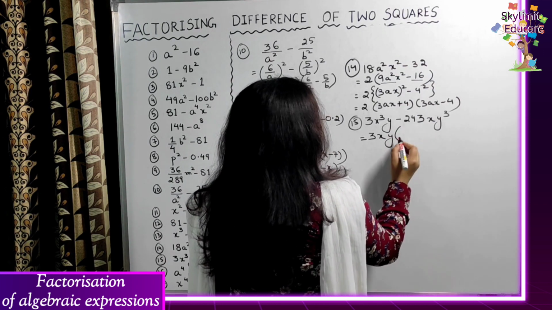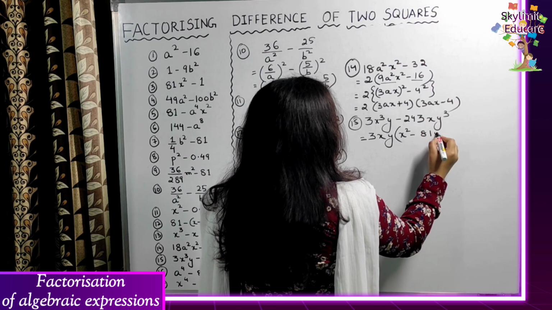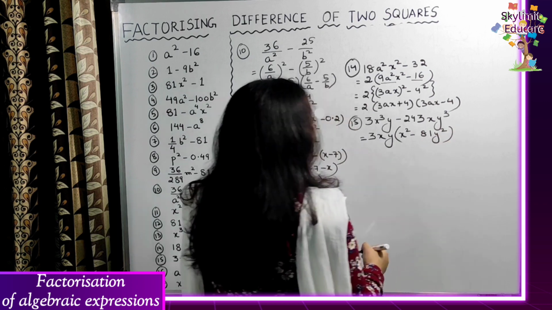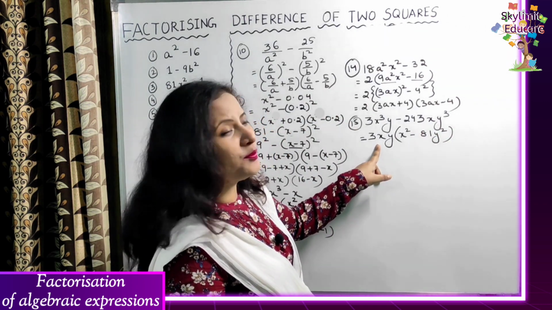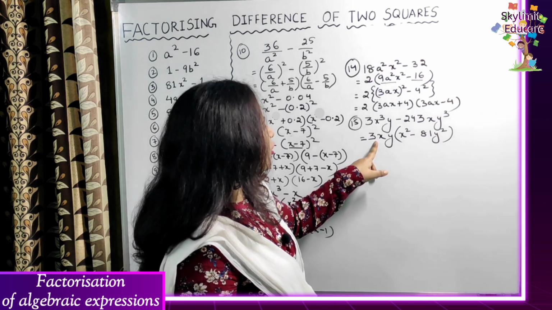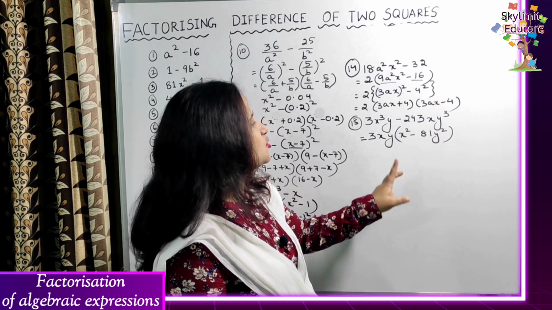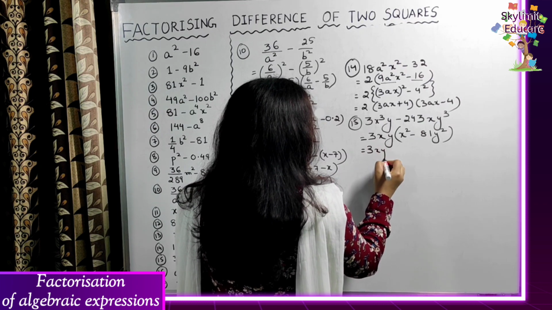So we got here x square minus 81y square. Okay, do you understand this step? So what have you taken common here? 3xy, the common monomial factor. Remember the previous exercises you have done. Common monomial factor you will take common, so you got here perfect squares. There is x square minus 81y square, both are perfect squares, right? So now just forget about this 3xy, it's outside, it will remain outside only, no problem.